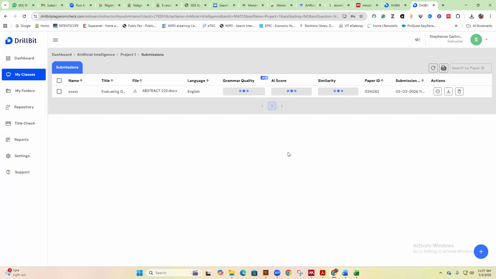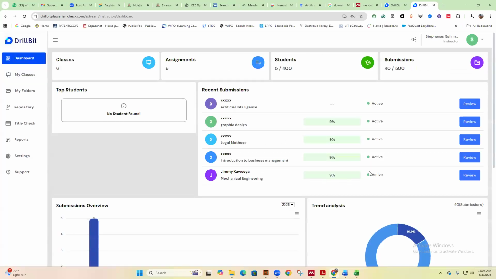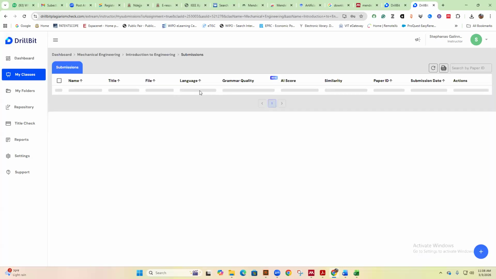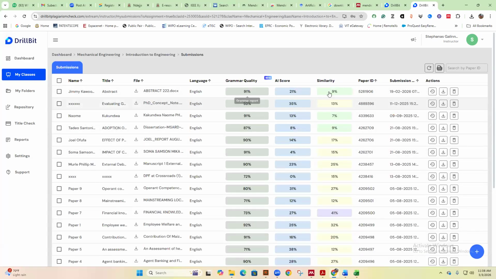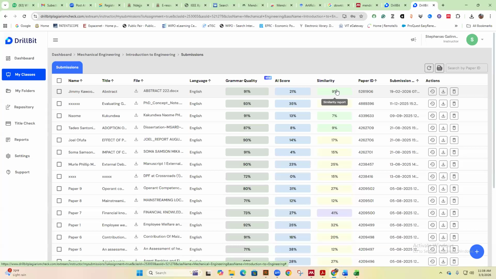So let's go back here to the classes and see artificial intelligence. The project 1 has not yet finished generating. But usually when it finishes generating, this is what happens. Let me go to this one, which is already active. When I go to similarity, to generate a similarity report,